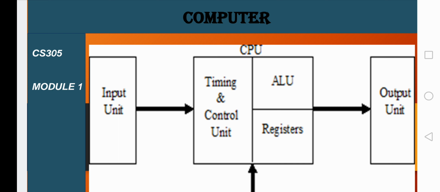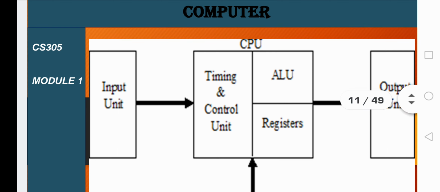The various subunits present within the CPU are the timing and control unit, the arithmetic and logic unit, and registers. So let us look into the details of each and every subunit present within the CPU. First of all, we can have a look at the arithmetic and logic unit. As the name implies, they are responsible for performing the various arithmetic and logical